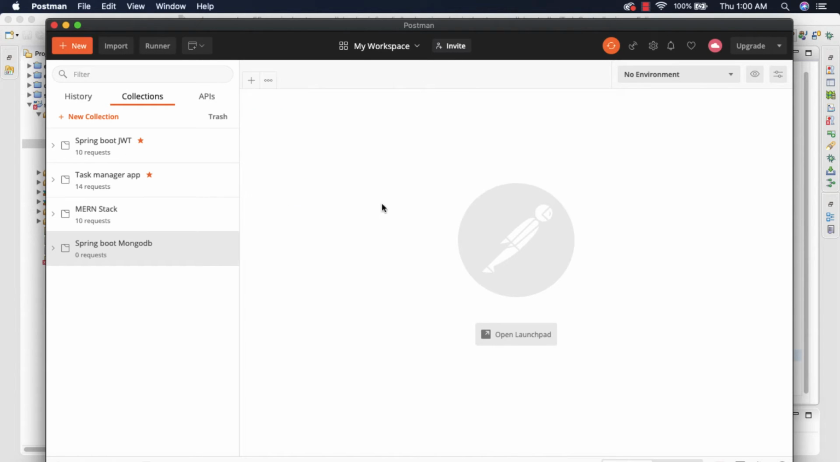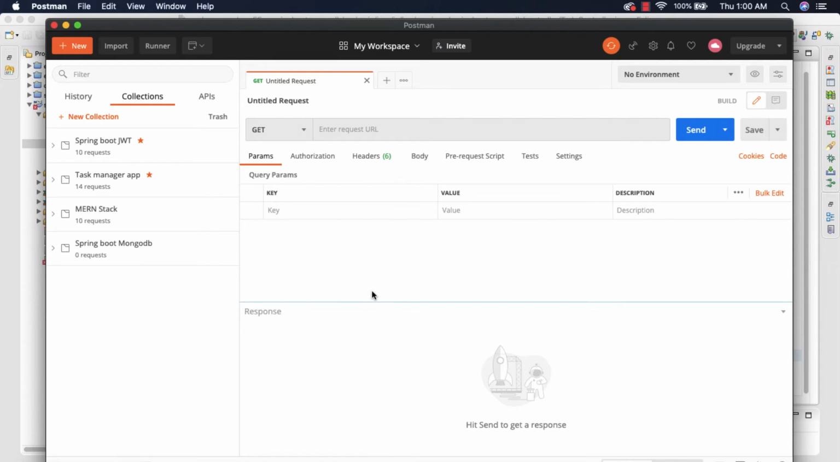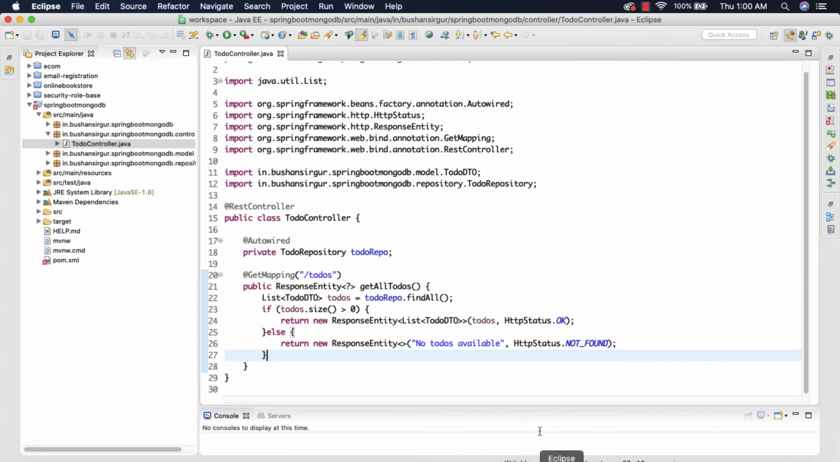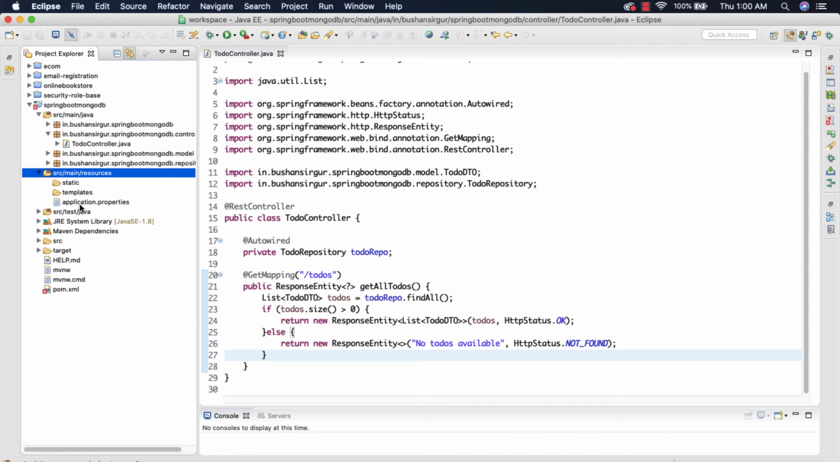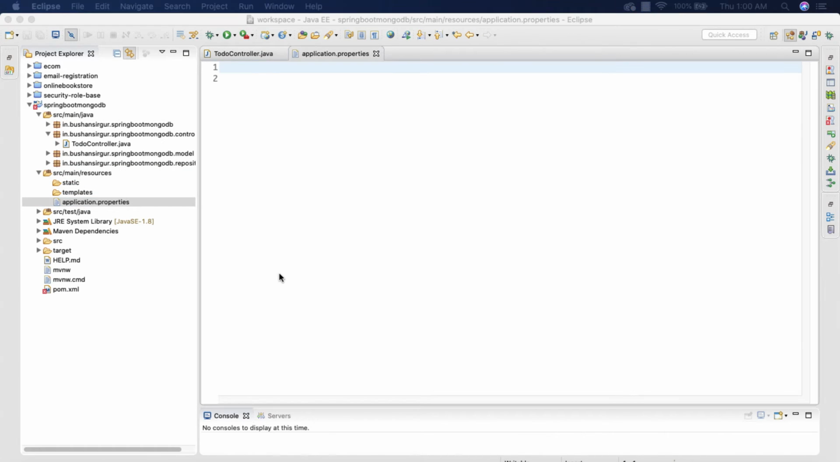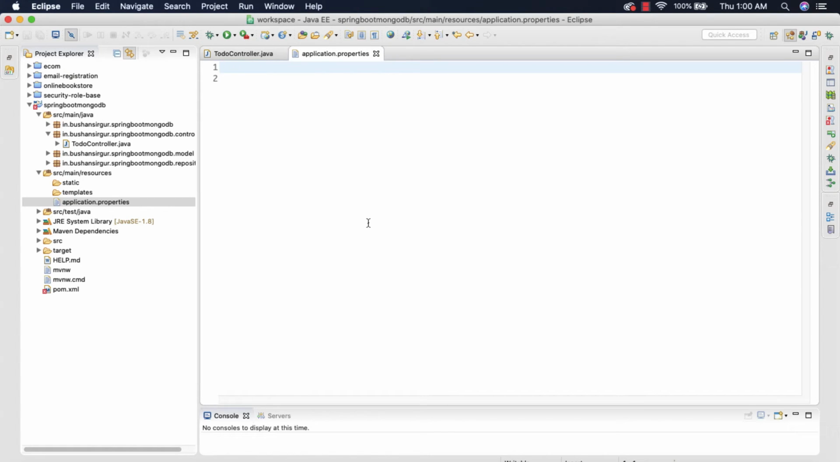I'm going to keep all the requests inside this collection. So let me close this. First of all, we have to run our application. So let's go to Eclipse, and we also need to connect to the MongoDB database. Inside the resources directory, open the application.properties, and all we need to do is specify the MongoDB URL, spring.data.mongodb.uri, and we're going to specify mongodb://localhost, and the localhost port is